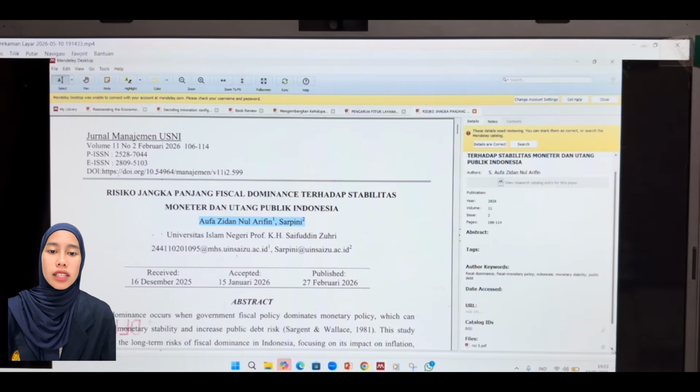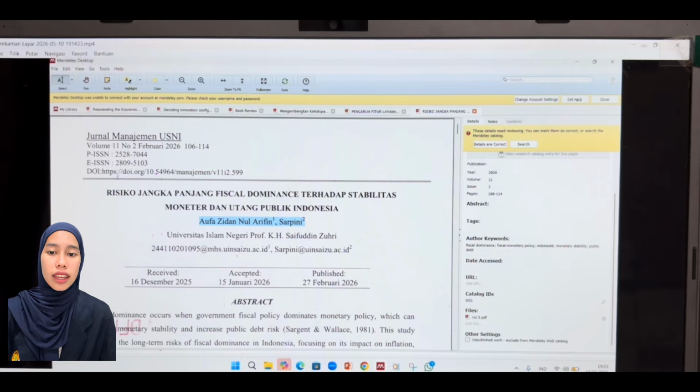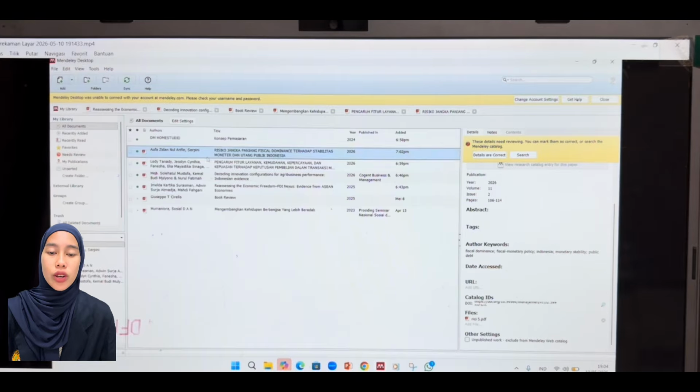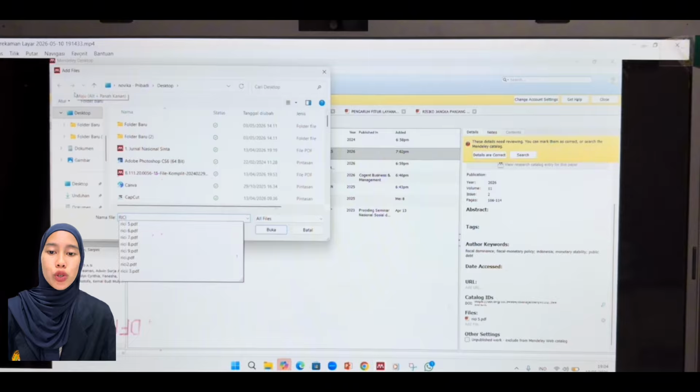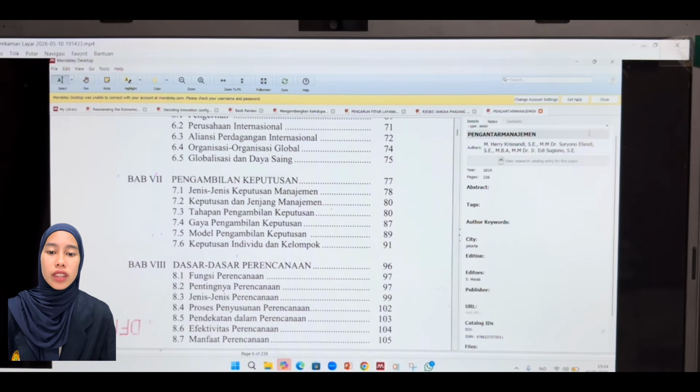Now, let's check the detail in the right-hand panel. Make sure that the selected type is book.